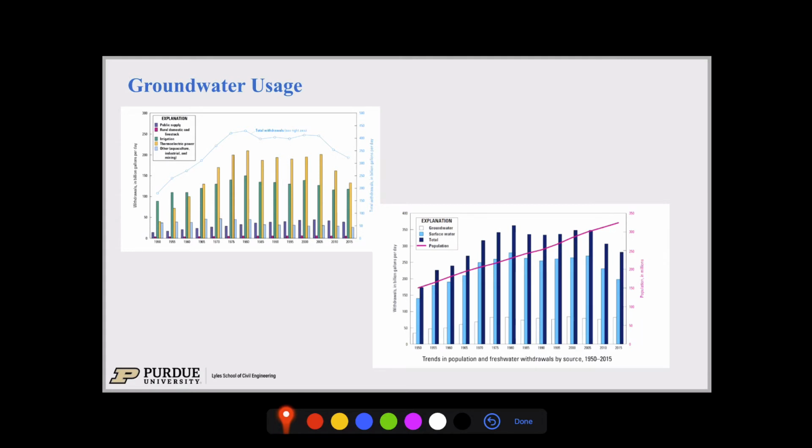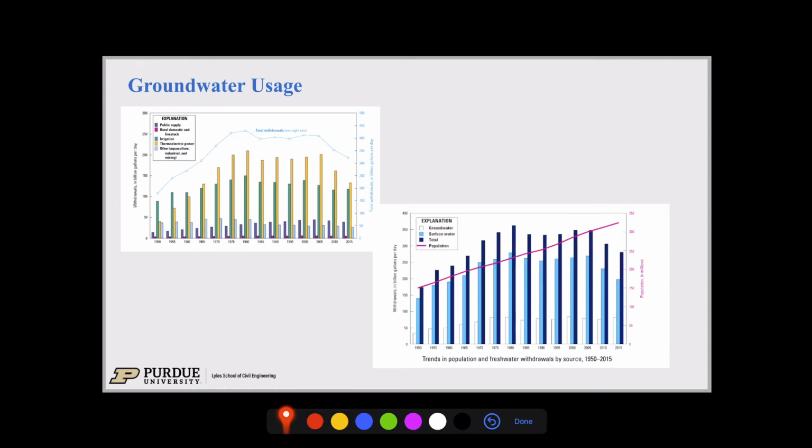So here's another view of our use of groundwater. On the left-hand side it's all water, basically, all fresh water, so surface and groundwater. On the right-hand side, we have a split between surface and groundwater to start looking into the groundwater aspect of things. You can see right away that the activities that we use water for the most are thermoelectric power and irrigation. These data are now for the US, not worldwide. A lot of thermoelectric power, and a lot for crop irrigation, so food production.